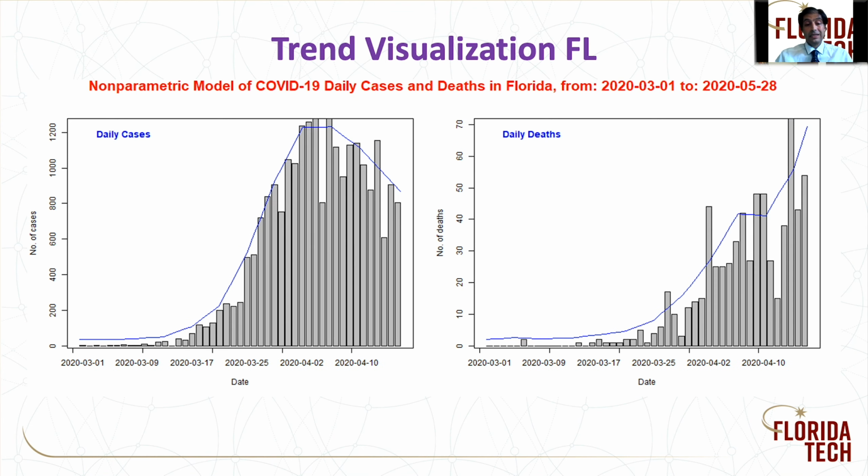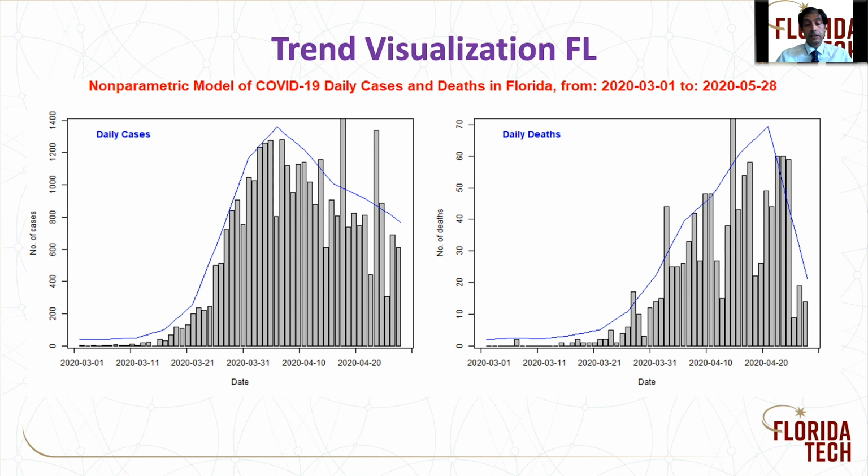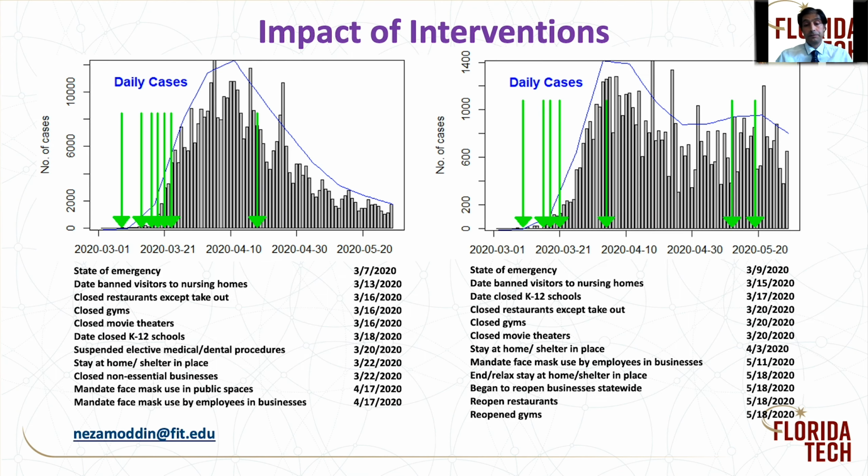It means that the number of patients, starting patients, was twice as many in Florida. So when you look at the trend for New York State and interventions, even as I said, the interventions are very closely implemented. A state of emergency in New York, March 7th, March 9th in Florida; banning visitors to nursing homes, March 13th in Florida, March 15th in Florida, and March 13th in